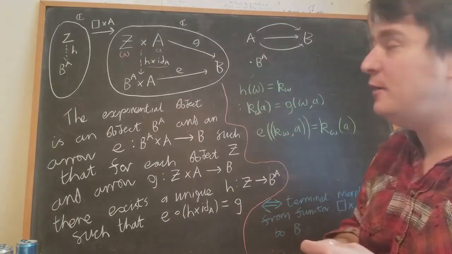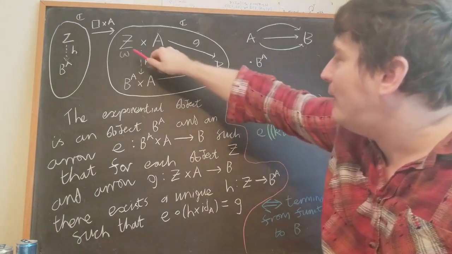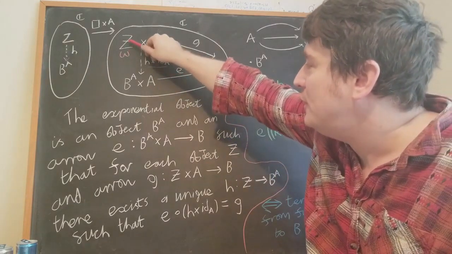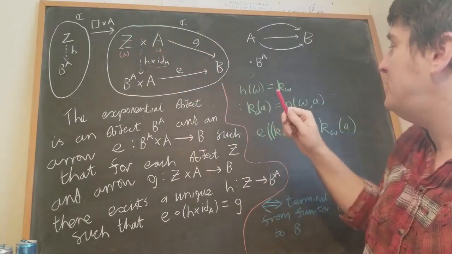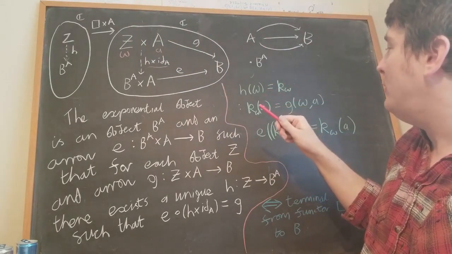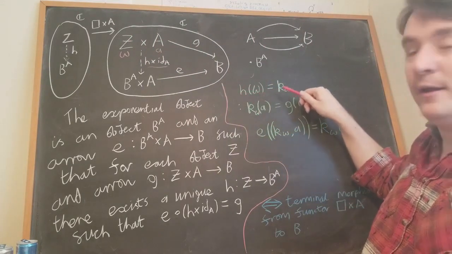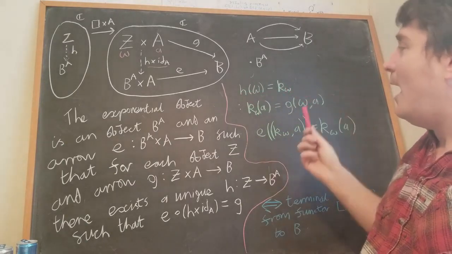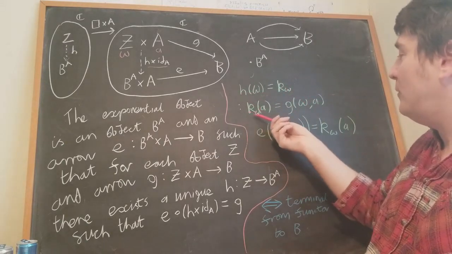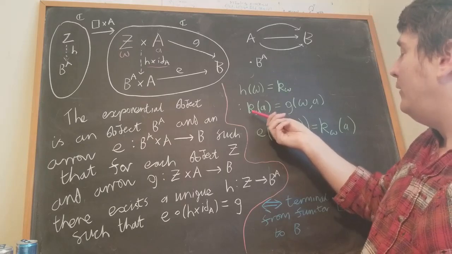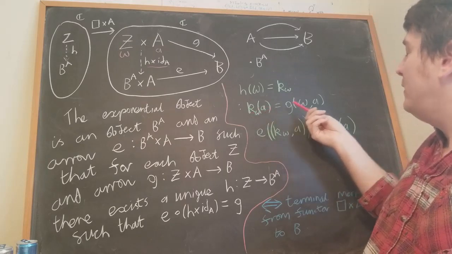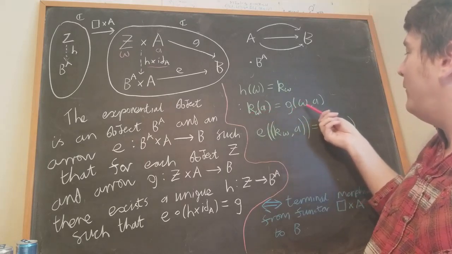Okay, so let's say we have a value w of Z. What we're going to do is make a function, h of w, which we'll call k subscript w. And this is going to be a function which sends a value of A to G of